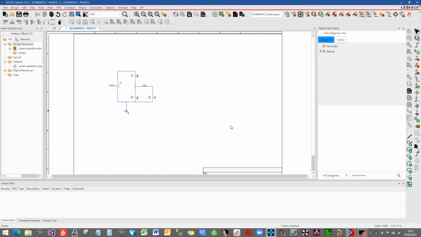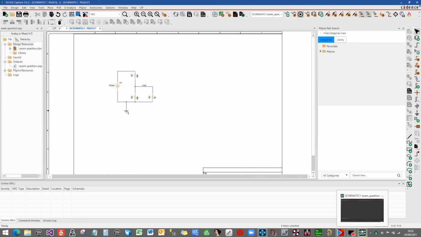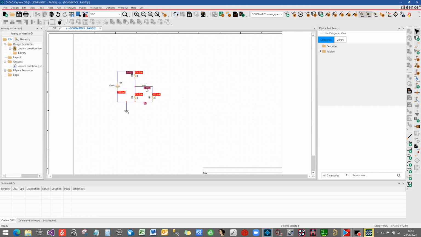On the first one, it takes a bit of time to generate the PSpice netlist. And there we go, all the voltages and the various currents around the circuit. And yes, as we predicted, it's going to be 2.5 volts. Okay, what's the power going to be? So if I get a power dissipation and actually put it on the component we're interested in,